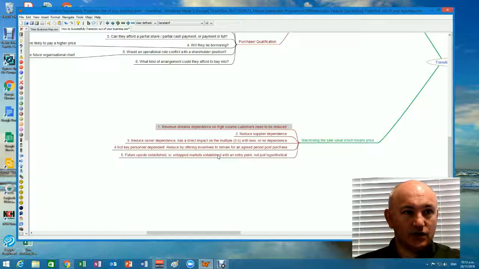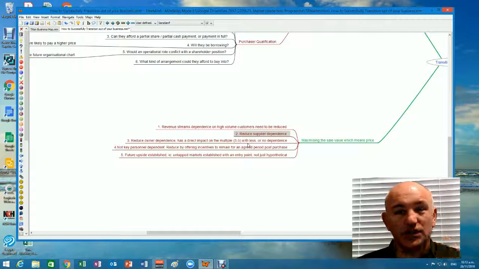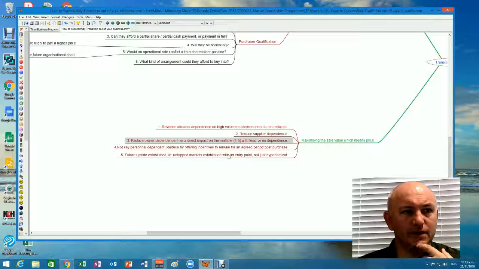Revenue stream dependence on high value customers needs to be reduced. So if we've got a signature client that's more than 50% or even 20% or 30% of our revenue, then that can be quite a high risk for the potential purchaser. We need to reduce supplier dependence, bring in a purchasing officer, have processes in place to support buying product,